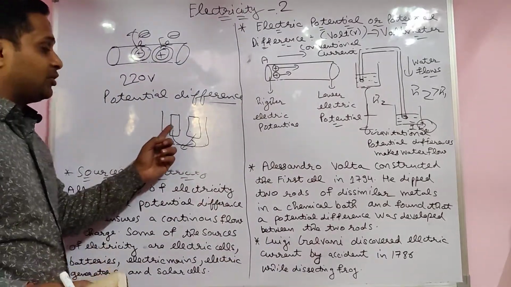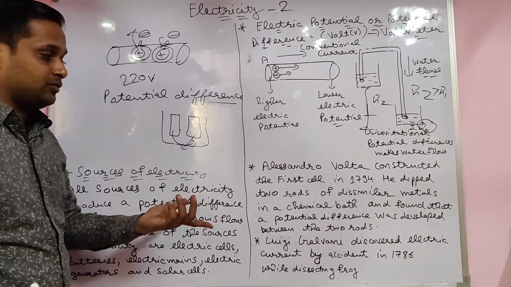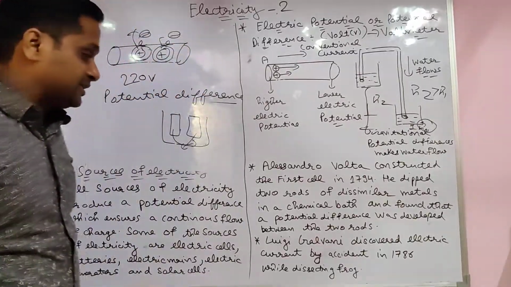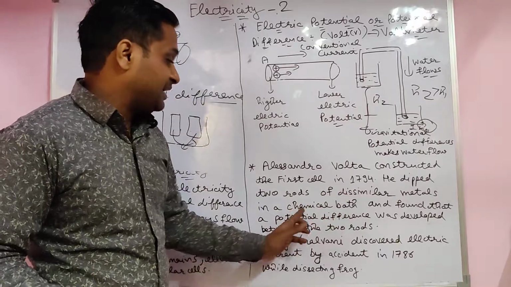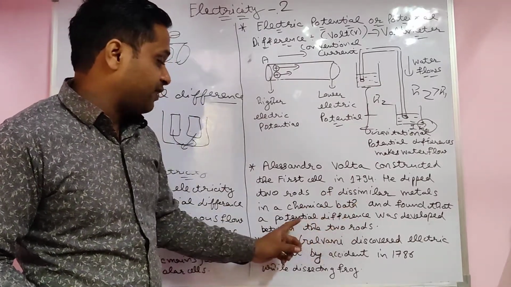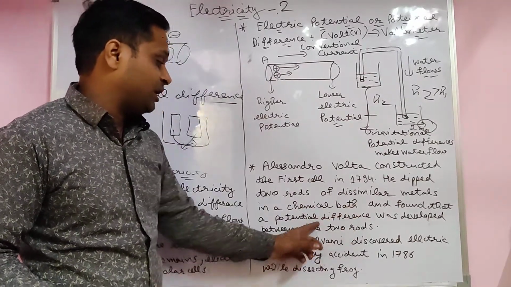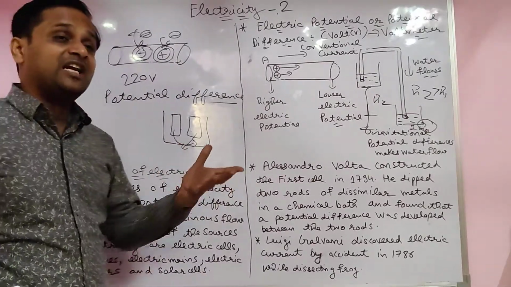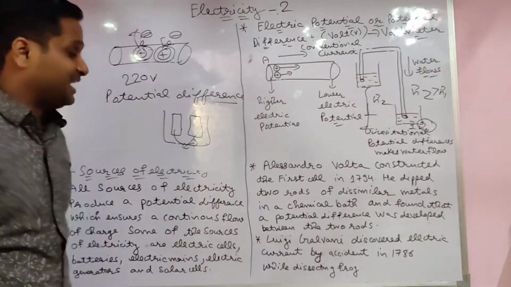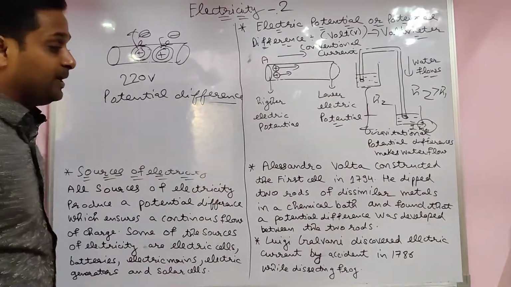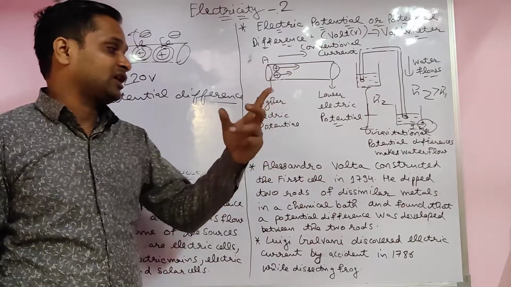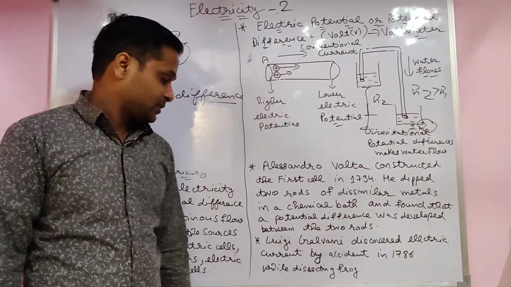One loses the electron, the other one gains the electron. Yes, oxidation and reduction. So two rods dissimilar in metal, in the chemical, and he found that a potential difference was developed between the two rods, because one of them wants to lose the electron and the other one wants to gain the electron. It formed the voltaic cell. Alessandro Volta constructed the voltaic cell.